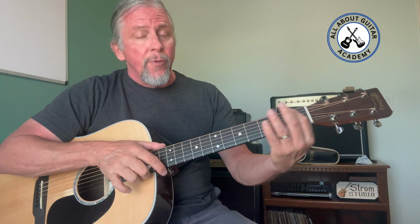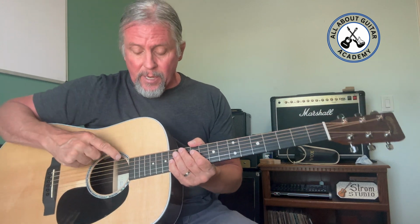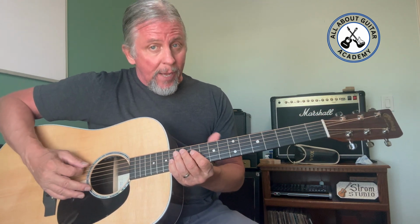Before we go down this path, it's really important to know the notes on the fretboard. Now, don't worry, I'm not going to cover every single note today on the fretboard, but I am going to look at string number 6, which is our low E string. So let's learn these notes, because it's important to know where they are if we're going to use a capo for this little hack that I'm going to give you today. So we've got the open E,